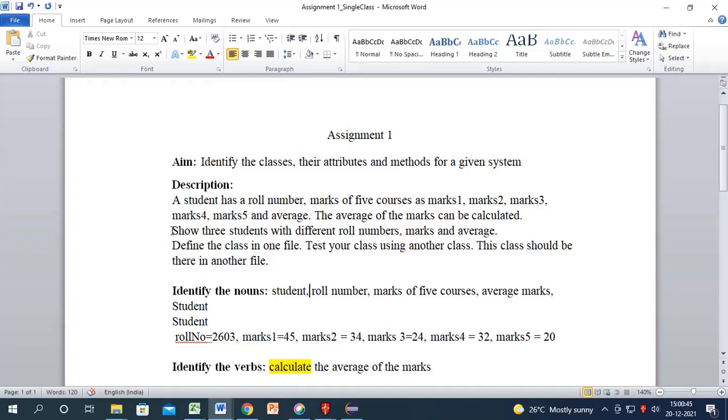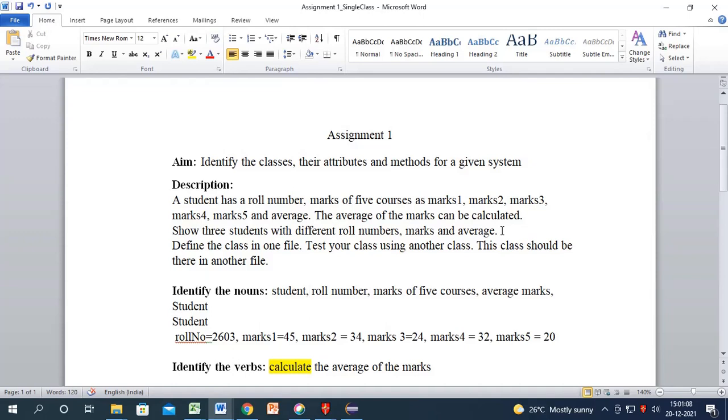Then what it says is show 3 students with different roll numbers, marks and average. Show 3 students with different roll numbers means after you identify the appropriate class, you have to show 3 students with different roll numbers. That means the same roll number is not to be repeated for all the students.